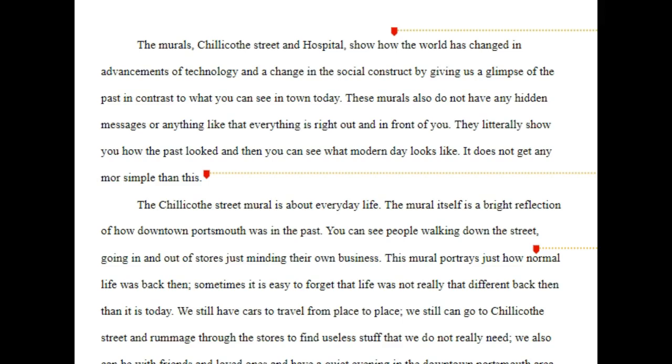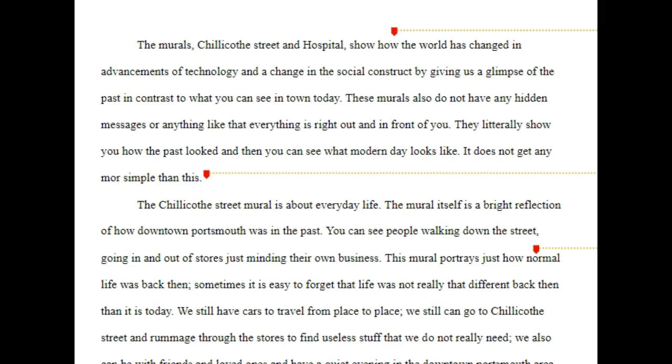One idea I had is that you keep talking about Portsmouth's past and how they're trying to get us to think a certain way about that past, how it was a simpler time. The super important thing to think about in revising this essay is how do they get that idea across? How do they try to get that nostalgia across? You have a few different answers in your essay, and I think colors or tone or something like that might be one way. I think you could also